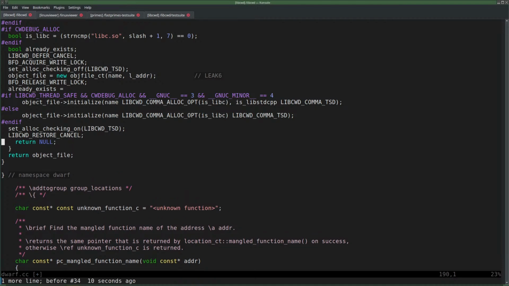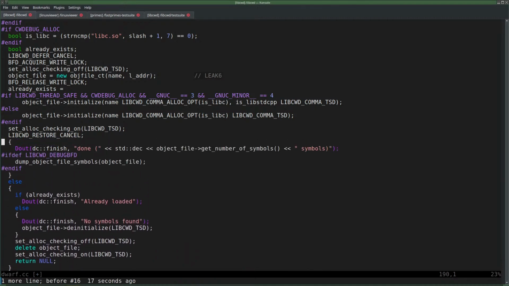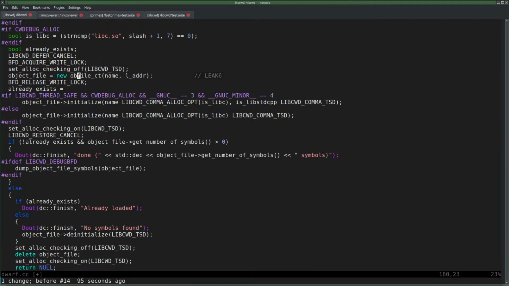Yeah, let's print that at the very least and forget about the symbols, but